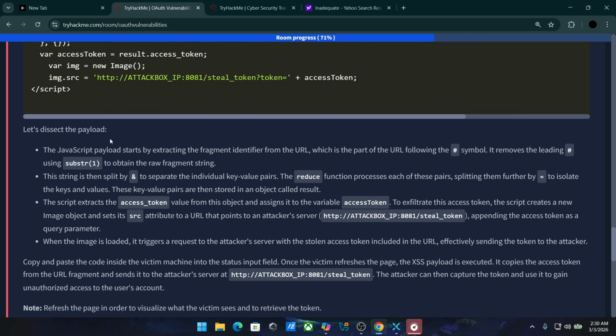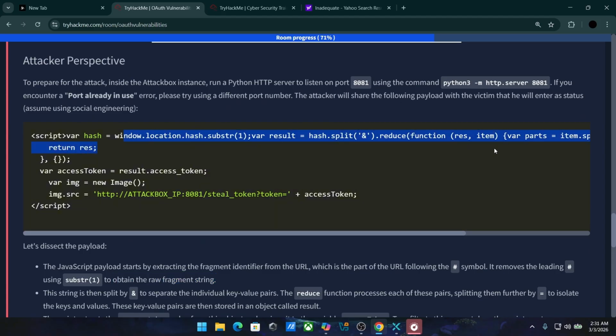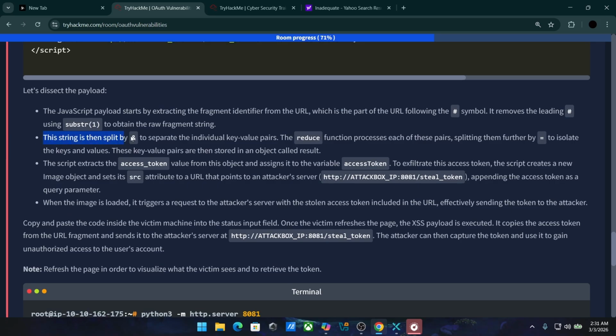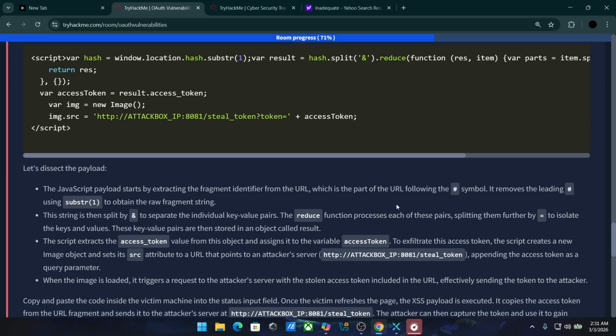Let's dissect the payload. The JavaScript payload starts by extracting the fragment identifier from the URL, which is the part of the URL following the hash symbol, using substring(1) to remove the leading hash and obtain the raw fragment string. The string is then split by the ampersand symbol to separate the individual key-value pairs. The reduce function processes